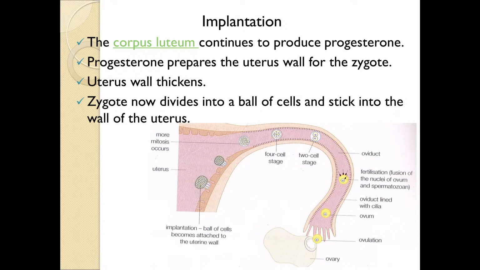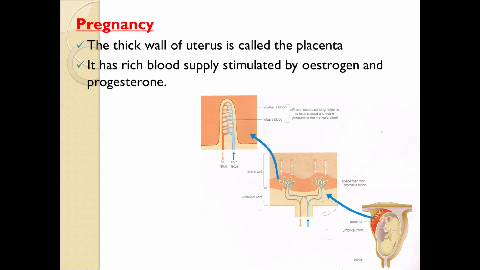Now the hormone known as progesterone is very important, and this is the hormone that maintains the wall of the uterus. So this hormone is very important. Some females are unable to carry the pregnancy for 9 months, and when they have this problem, it can be as a result of their body not producing enough hormones.